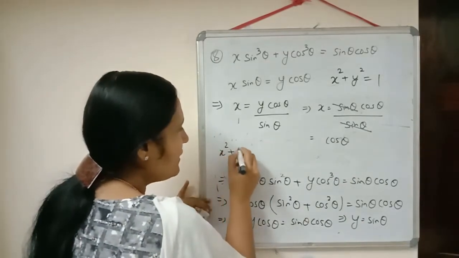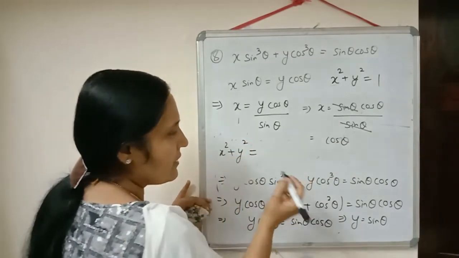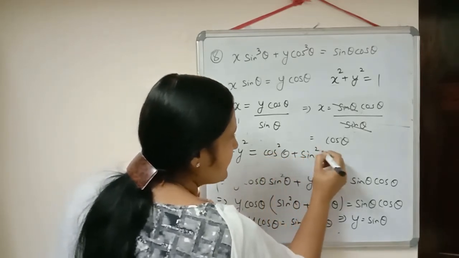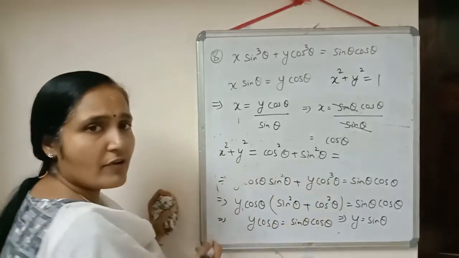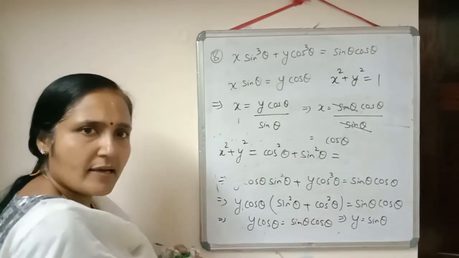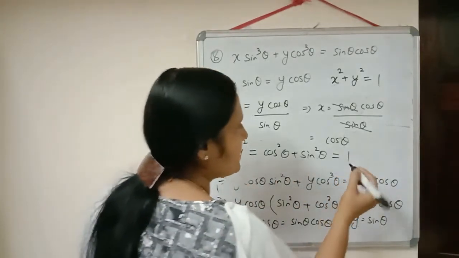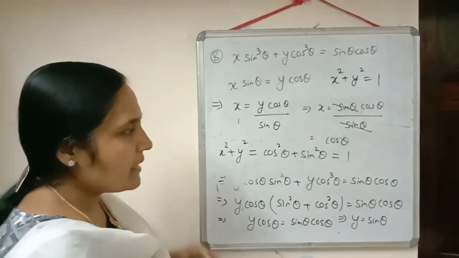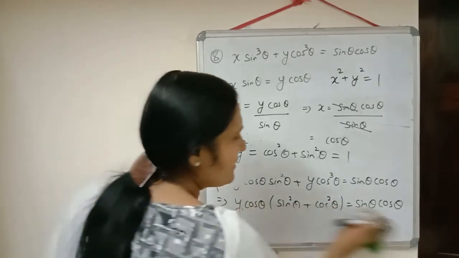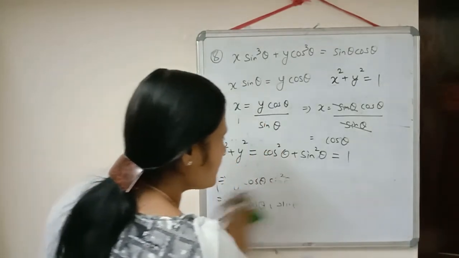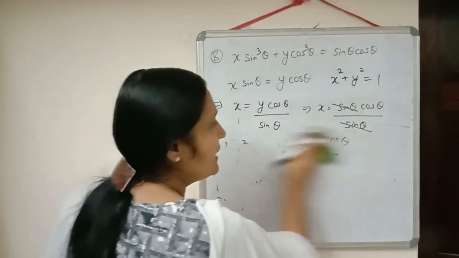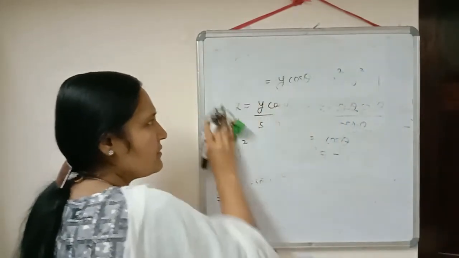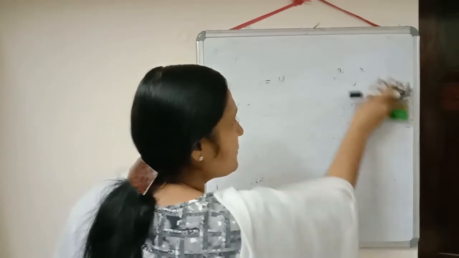Now write down there, x square plus y square will be equal to cos square theta plus sin square theta. And what is the value of cos square theta plus sin square theta? Yes, correct. Cos square theta plus sin square theta is equal to 1. This type of question, I know it will take time, but when you practice this type of question, then only the solutions will be easy for you. So again, you can practice this question by yourself also. And in case of any doubt, you can ask.